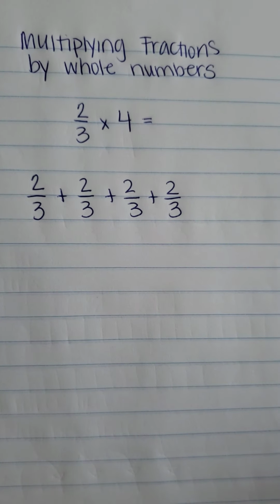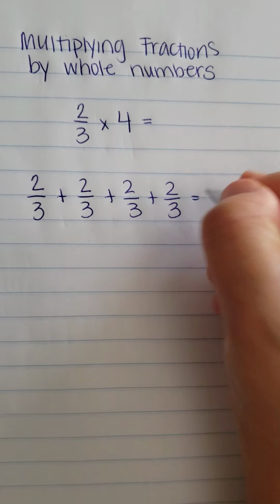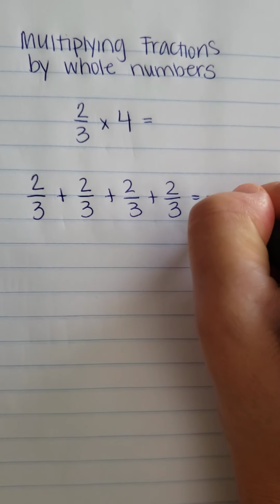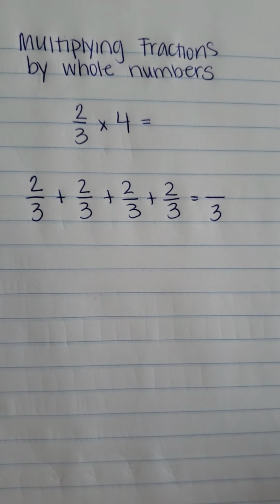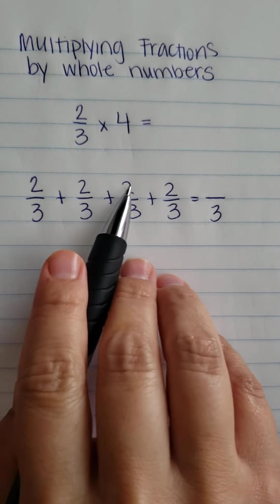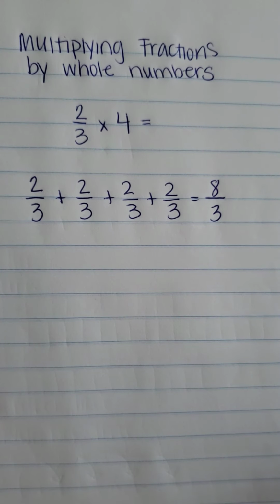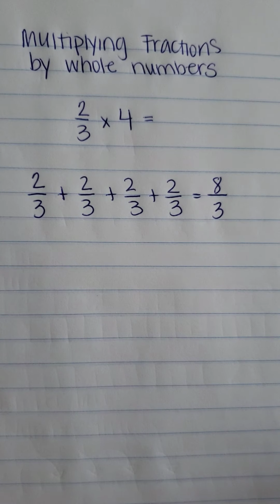Okay. With addition, as long as you have a common denominator, you can add. In this case, we have a denominator of 3. So our common denominator is 3. Okay, so we can go ahead and add our numerators. 2, 4, 6, 8. We get 8/3. Again, this is an improper fraction, but we're going to leave it like this until we get finished with the